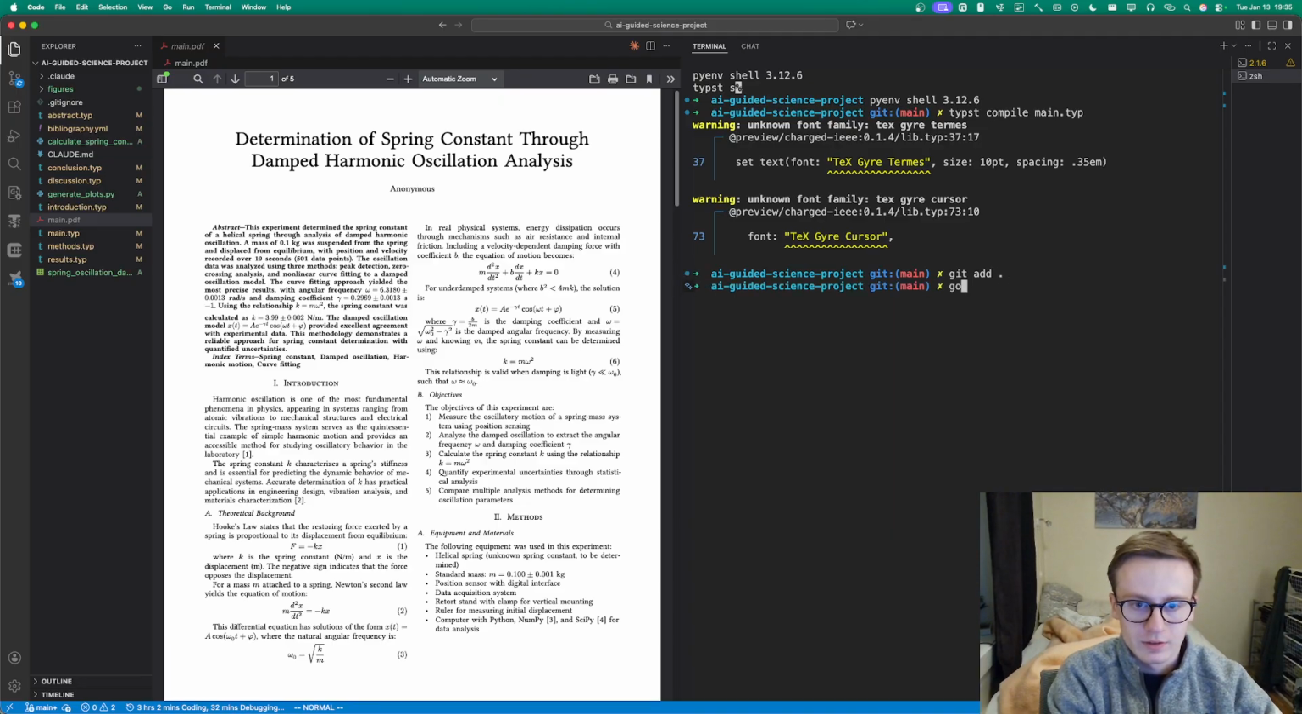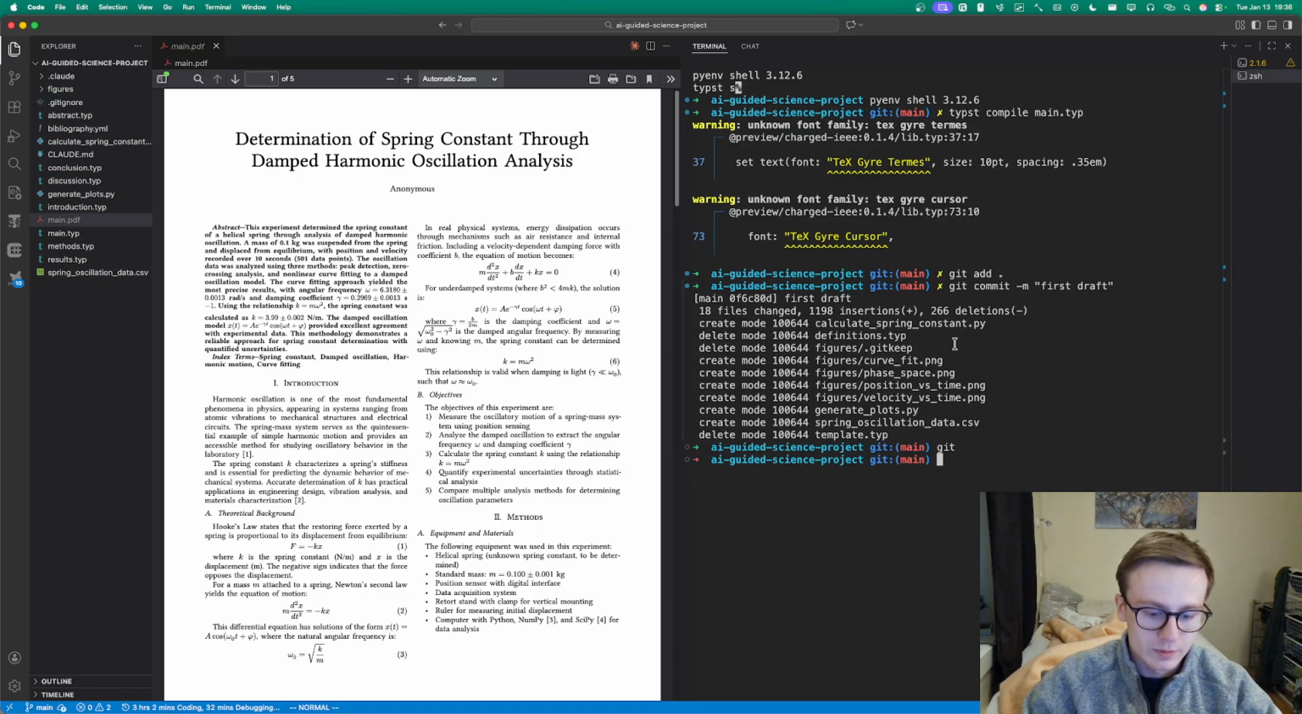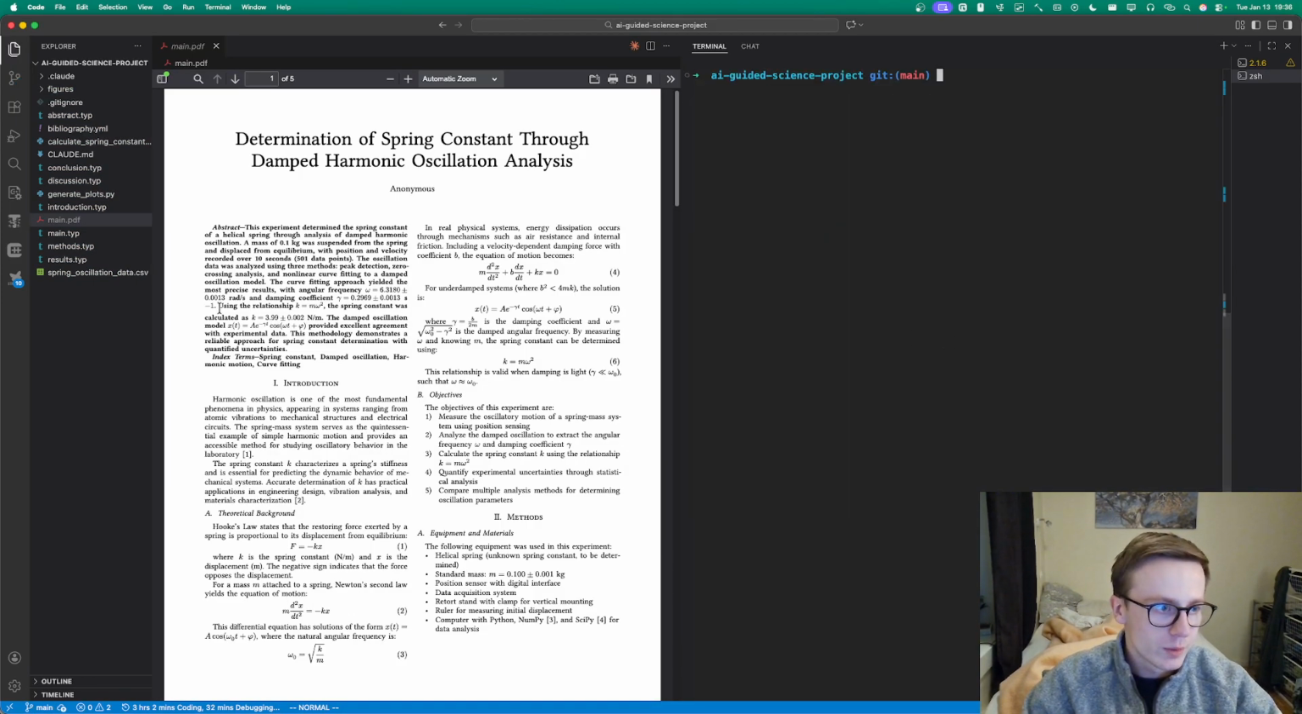git add, git commit, first draft. I don't have a pushed repo, so I'm not going to push anything. And then we can maybe go git branch. I guess it's maybe M. I'm not sure. Git branch new